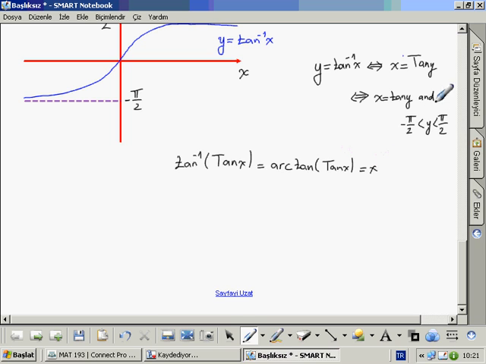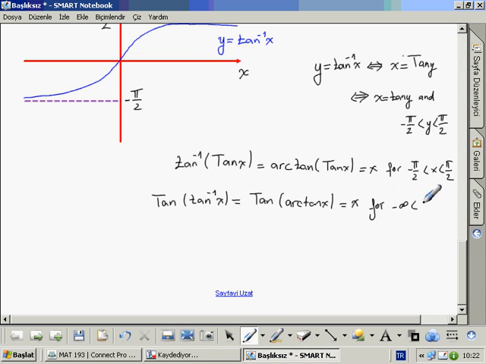it's equal to x, where minus pi over 2 less than x less than pi over 2. Okay, restricted tangent of inverse tangent x, or restricted tangent of arctangent x, equals x for minus infinity less than x less than plus infinity. Okay, and the